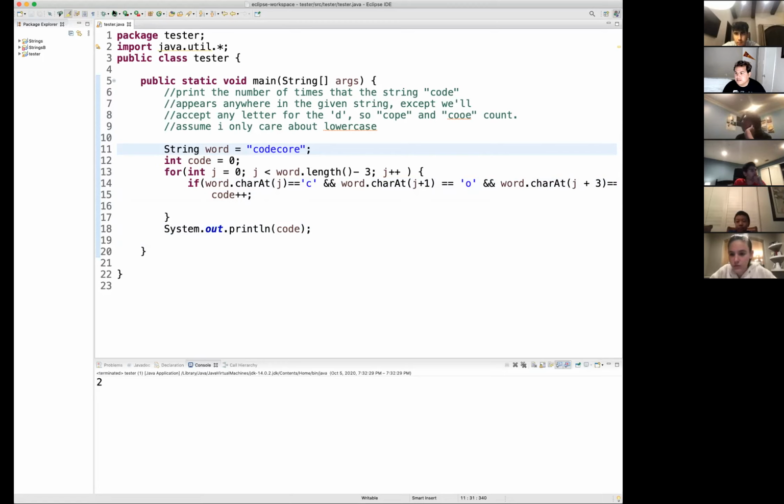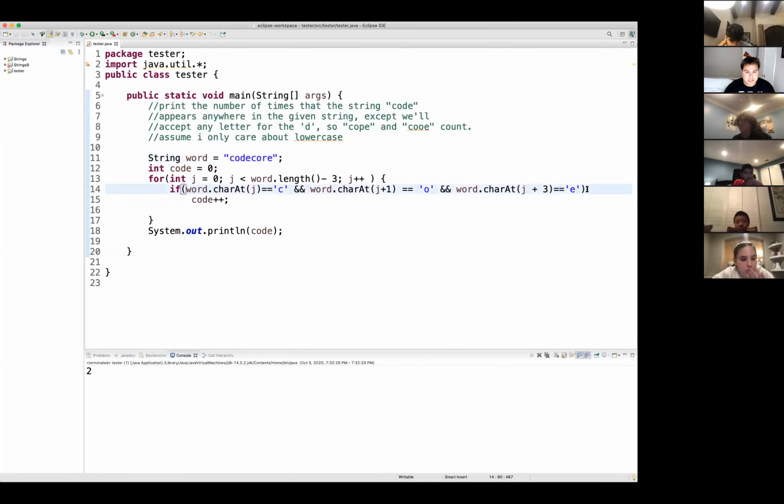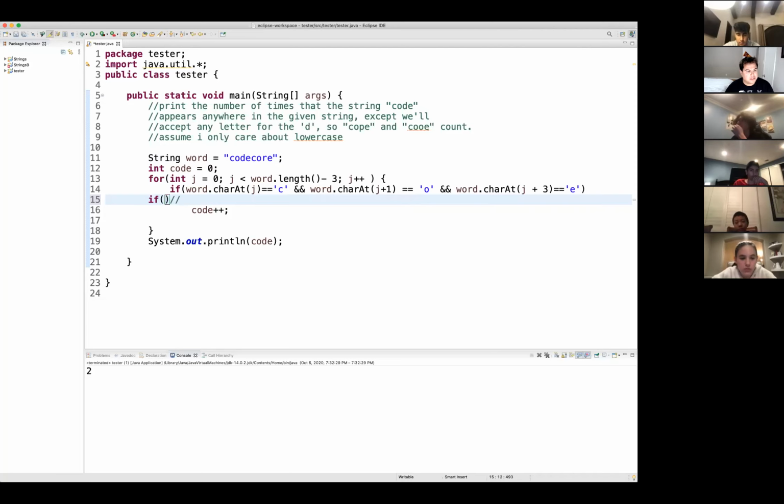Okay. Mr. Marty, how would you do that with substring? I would literally, so basically, let me write out the substring one. So let's just say, I'm going to put it as a comment code. Okay, Nick? Yeah. I would say if word dot substring j to j plus 1 dot equals C